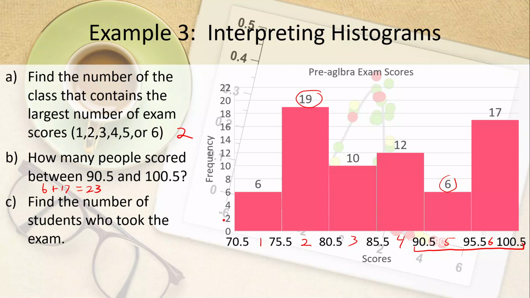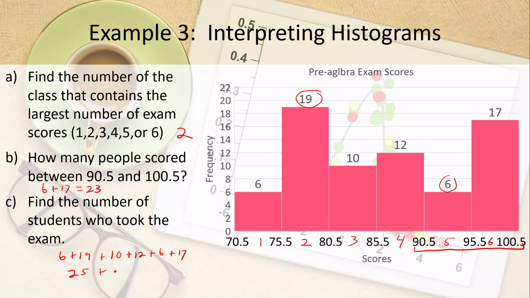And then finally, we want to find the number of students who took the exam, and that will be the sum of the heights of all the bars. So that will be 6 plus 19 plus 10 plus 12 plus 6 plus 17. Okay, and then adding that together here, we will get 25